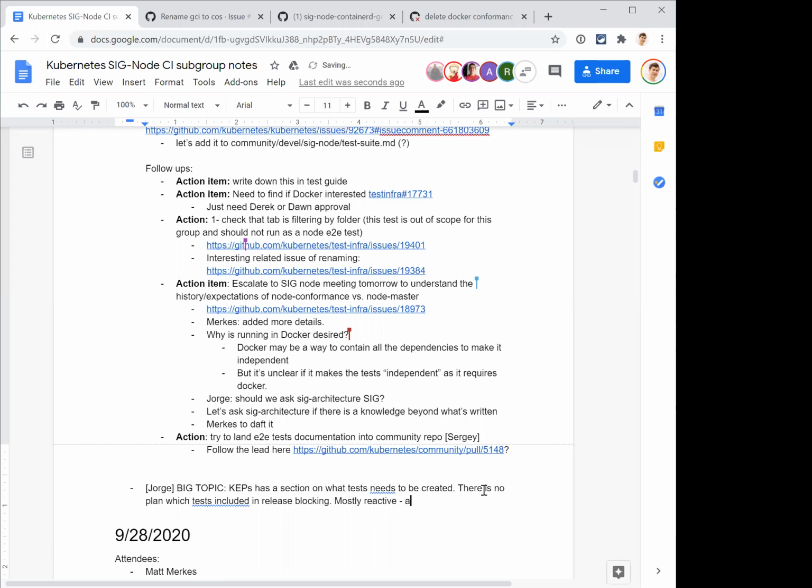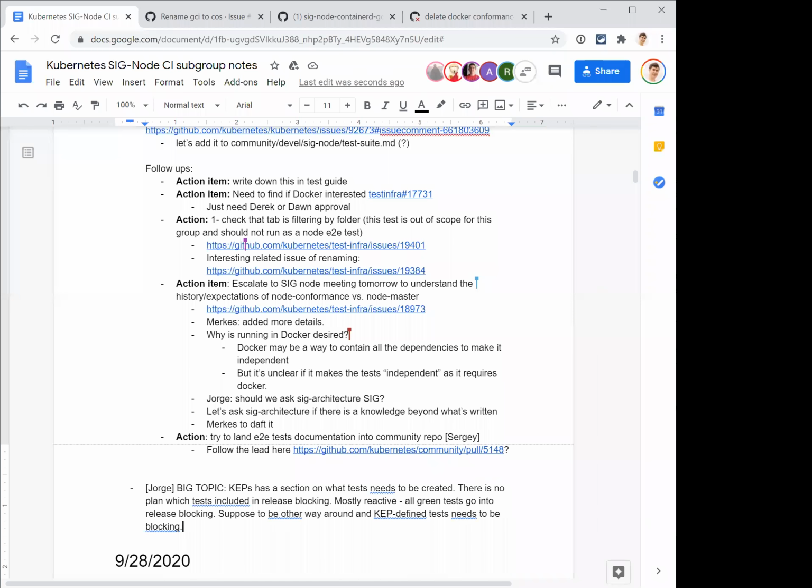But for the most part, I don't think there is a list saying such and such test should be part of release blocking. So there might be the possibility that we have a lot of tests that are really crucial, and we are not checking up on them, and no one actually knows where. There are a lot of tests that I'm pretty sure we don't know are supposed to be running. We don't know where they are running. So I just wanted to throw that one out there